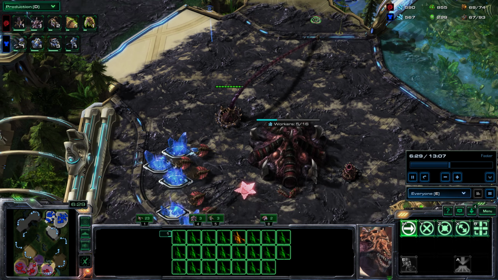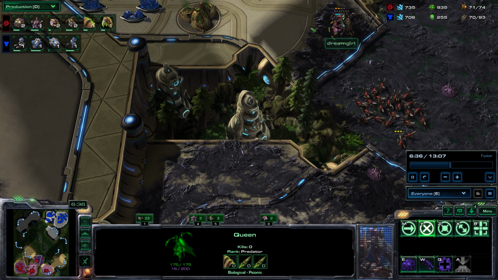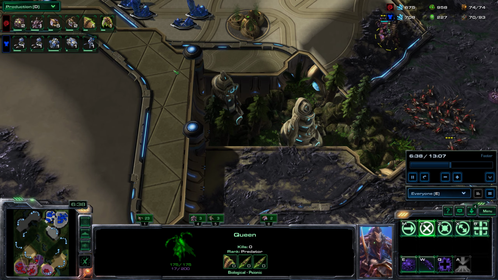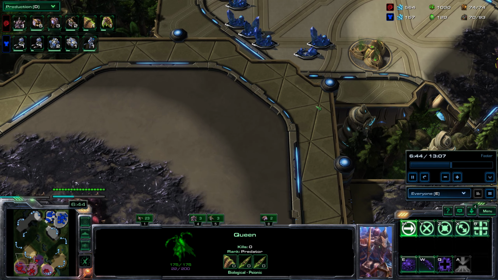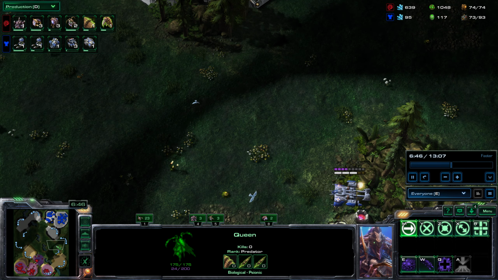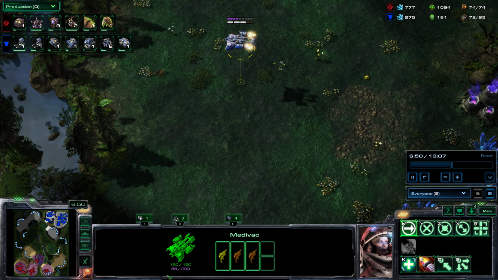I was just trying to get drone kills and then ran over here into another spine, but you can kill pretty much infinite Lings and queens and roaches and stuff. Really, as long as they don't have a bunch of mutas to just snipe your medevac, you can just keep dropping here, here, here, here. I hadn't played this style in a little bit, so I kind of forgot about that and just meandered around